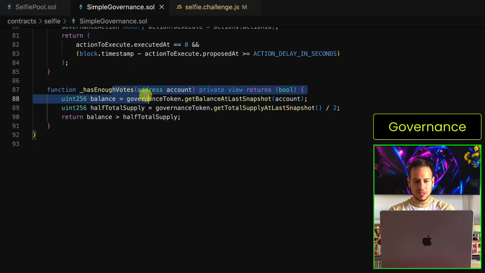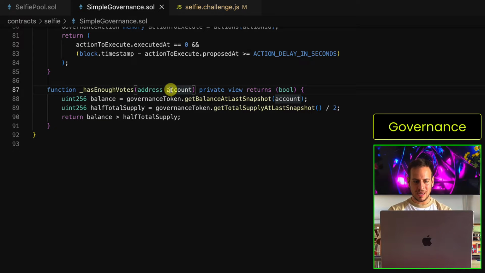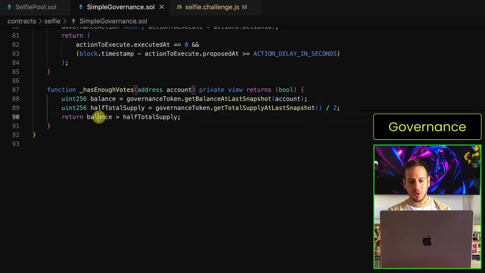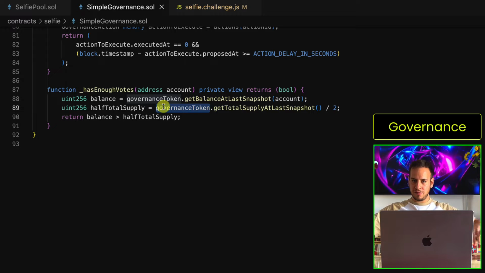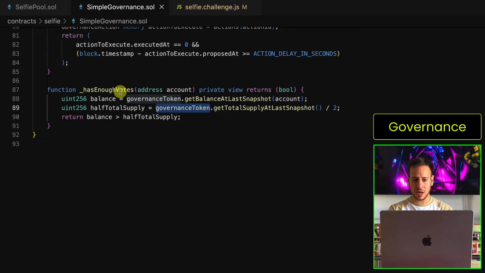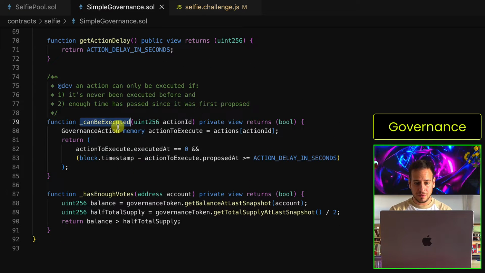And has enough votes basically checks that the balance that the user who wants to propose this proposal has is greater than half of the supply of the DVD tokens. So if you have more than half of the supply of the DVD tokens, you can propose any proposal, which is interesting. Now, can be executed is the other check, not modifier, check, and it checks